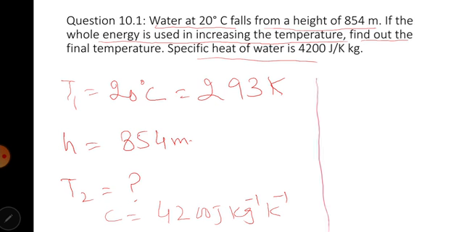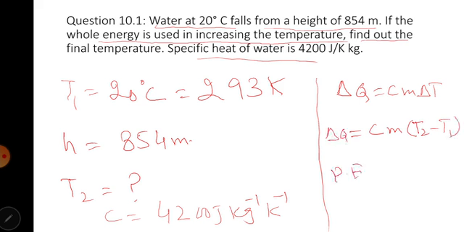So you will use, as we know that, del Q is equal to Cm del T, which is equal to Cm (T2 minus T1). This is del Q, and potential energy is equal to